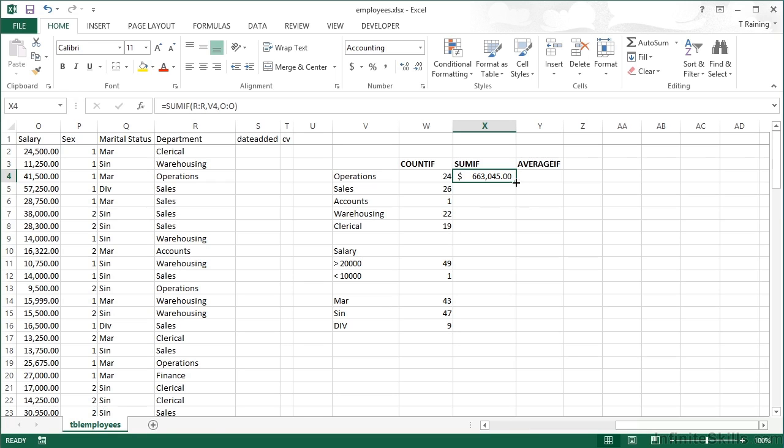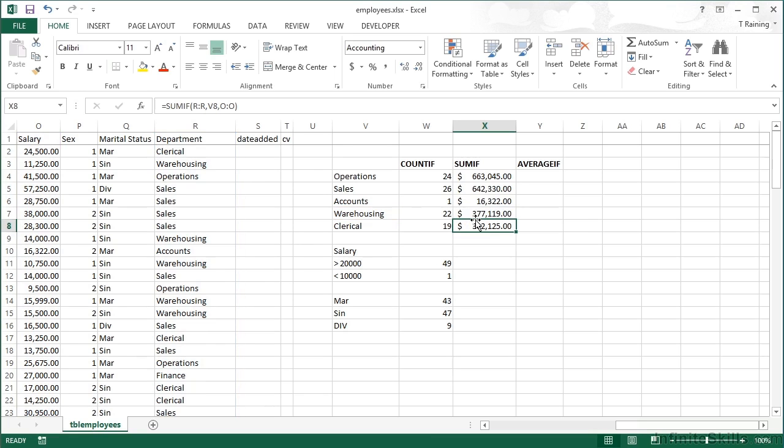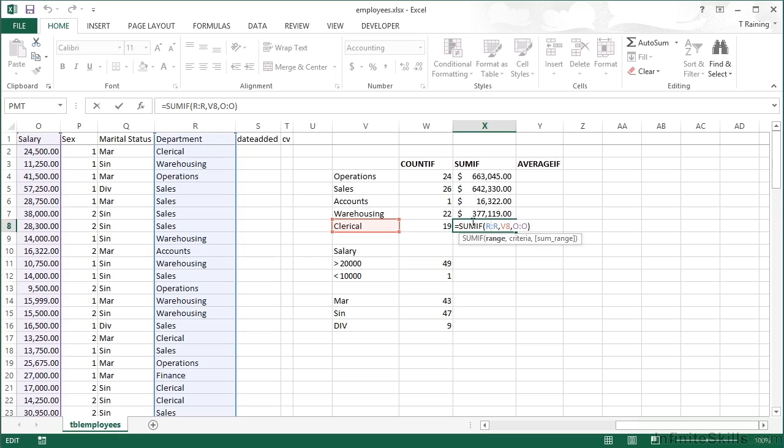If I then replicate this down to clerical, because our reference to the criteria is relative, moving down moves the criteria reference down to now look at warehousing and then clerical, and we get the total salary bill for each of our departments. So that's using SumIF. SumIF, the criteria range, the criteria, and then the sum range if it's not the same